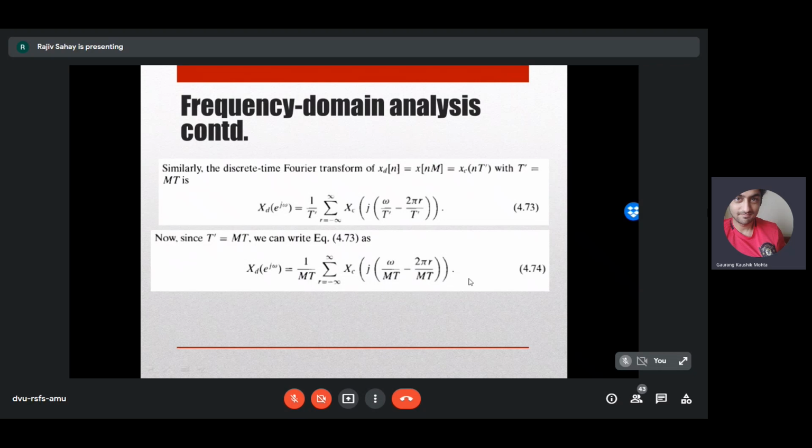Up to this it is clear. All the material I'm taking from Oppenheim and Schafer. Proakis also has this material, but the notation used is capital F. So I am not using that notation; I'm sticking to my previous notation. I'm using capital omega as the analog frequency and small omega as the discrete frequency, whereas there it is capital F and small f, so you would get unnecessarily confused. So I'm sticking to Oppenheim and Schafer. Is this clear? All these equations are clear?